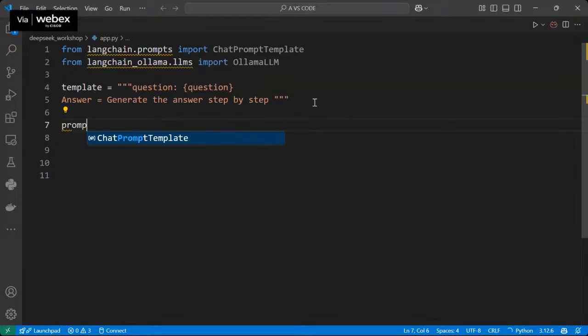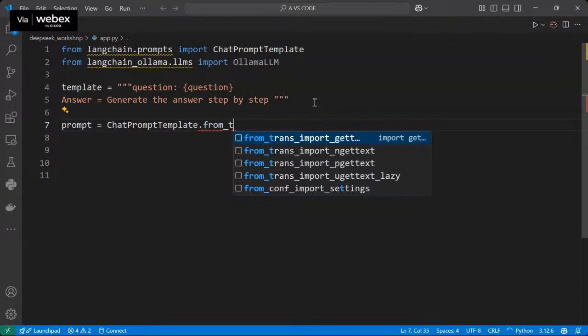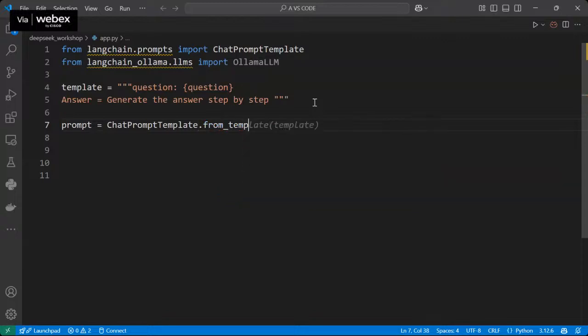Now I want to create a prompt equals ChatPromptTemplate.from_template, and template.